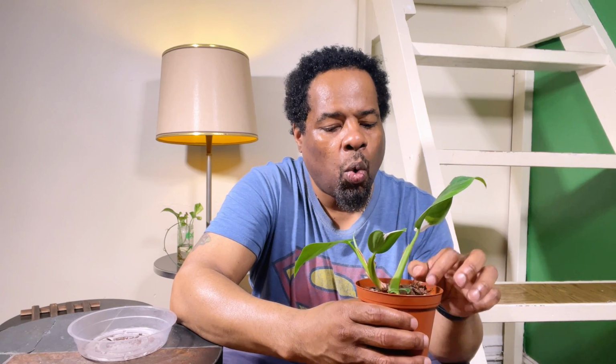If you know anything about philodendrons, then well draining potting medium. I got some bark in here, some coco chips, coco coir, some perlite, and so that's what this is in. These things will grow huge if you give them bright indirect light, and I always reference that because sometimes people think bright light means put it directly in the sun,